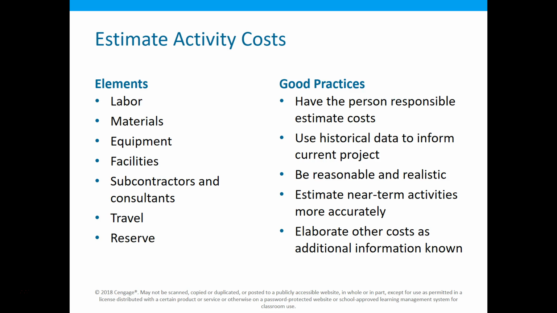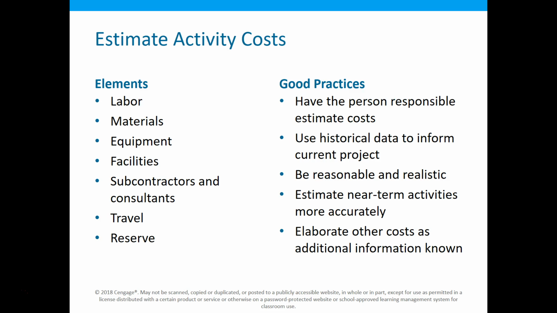So historical data from previous projects. People on your project that understand what they're doing in that particular segment of that project. Realistic estimates. Sure, it might make you sound good to the boss to say, man, we can do this whole project for $100. But if that's not realistic, it comes back and it's going to bite you in the rear end later on. Now the flip side of that is we don't want to make those estimates so high that the project gets canceled either. We need realistic. What has actually happened?